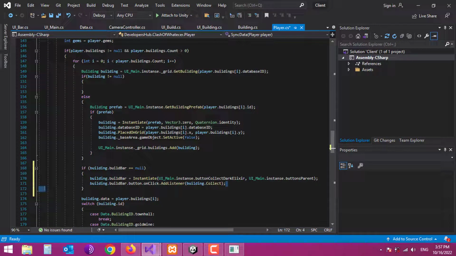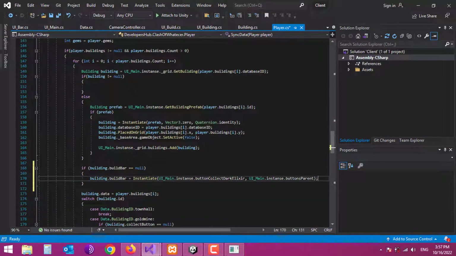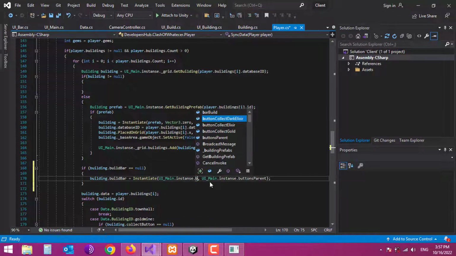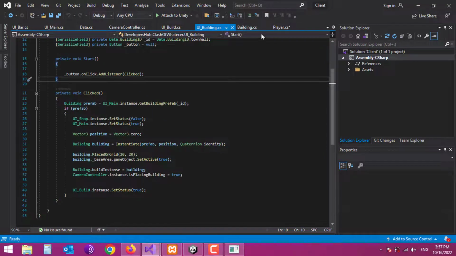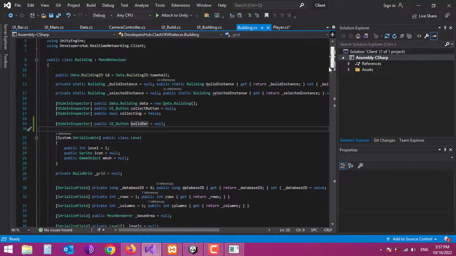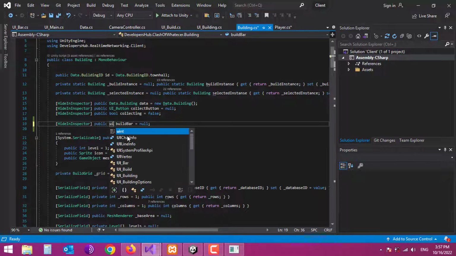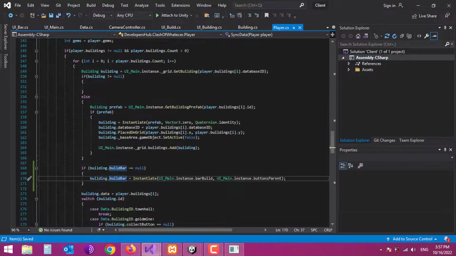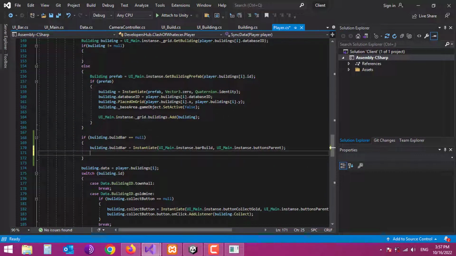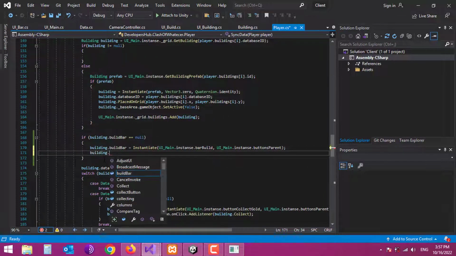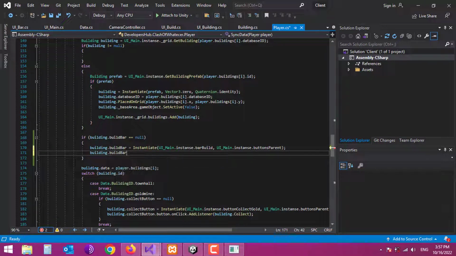And actually we don't have a bar, so it's going to instantiate a build bar, and the type of this build bar should be, let's check this out here in the building, it is a UI bar. So that is going to create that for us, but we also need to disable it. So I'm going to say building.bar.gameObject.SetActive